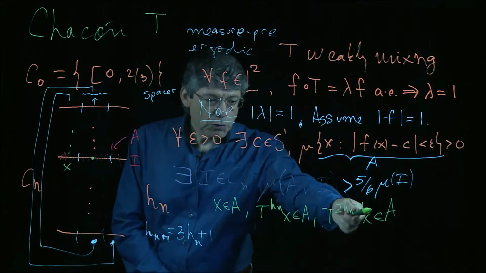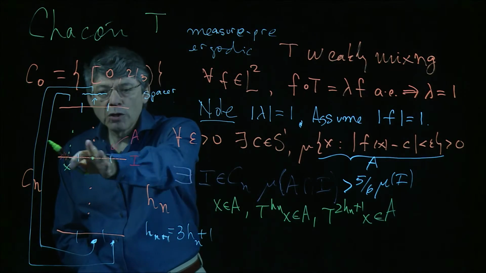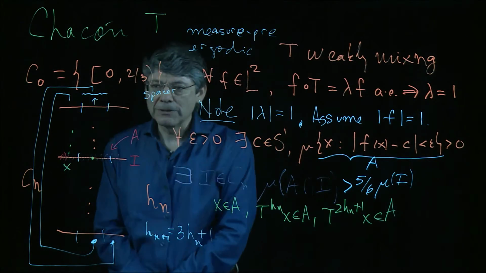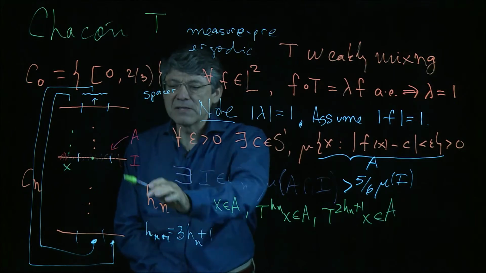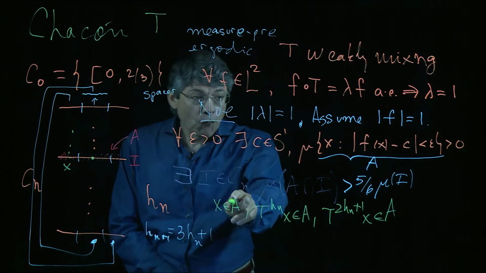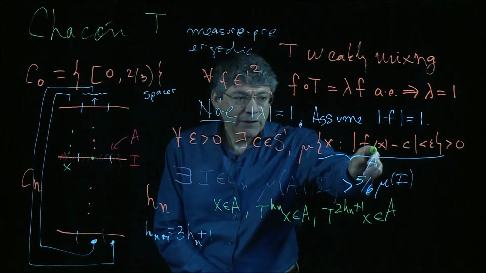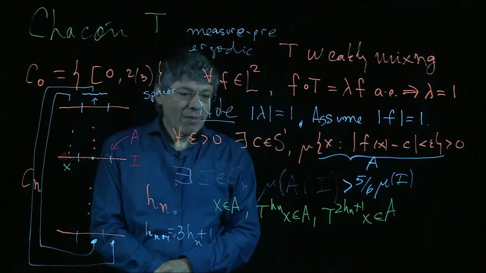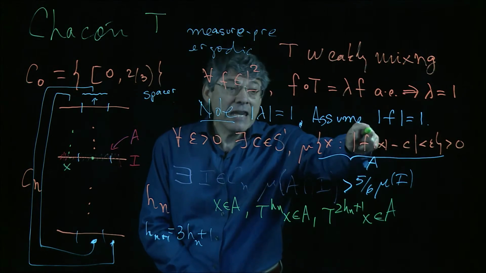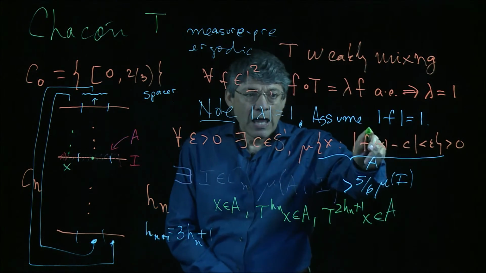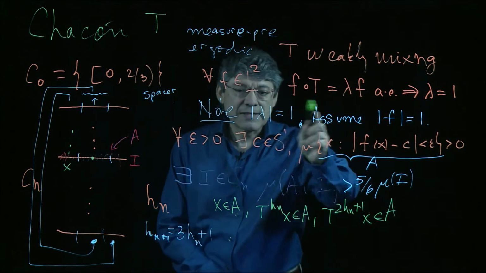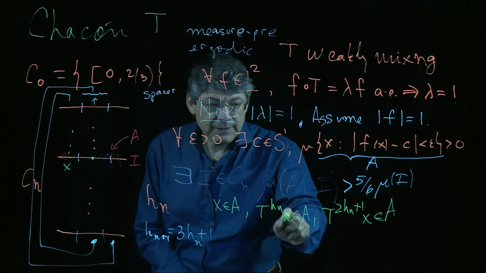So there has to be such a point because there's a lot of A in this interval. And the plus 1 we will see is crucial, and that's the role of the spacer. There's a bump that the spacers create. So now, since x is in A, we know that f of x is very close to C. Since T to the hn of x is in A, we know that f of T to the hn of x is close to C, but because of the property of eigenvalues, and since f is an eigenfunction, this second part